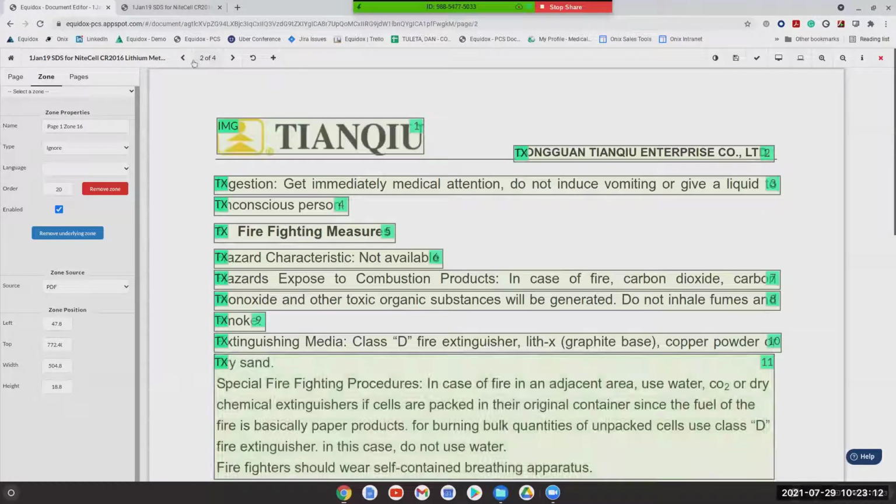So there's a lot of little techniques and tools in Equidox that are all about designing a workflow to be very efficient with your time and how you are addressing the inaccessible documents within your organization. This is a productivity tool. PDF remediation can be very slow and tedious and technical, and something that requires a ton of training and a ton of experience if you're using manual tagging tools.